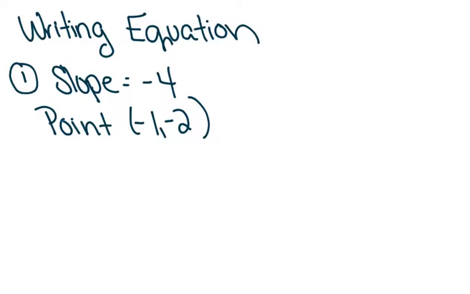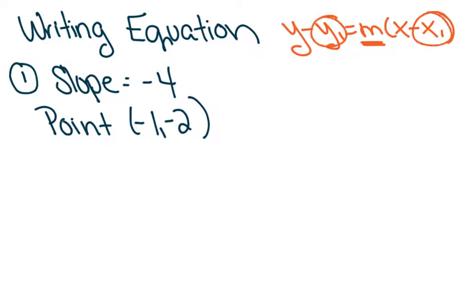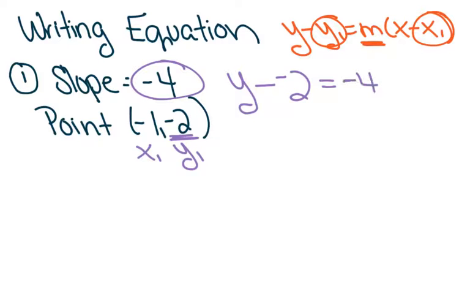All right, now, if they don't ask you to graph, and they would like you just to write an equation, again, we have y minus y1 equals m times x minus x1. So I'm going to fill in my slope, and then I'm going to fill in my point. Okay, so this is going to read my x1 point, my y1 point. So I'm going to have y minus, and I'm supposed to put my y value in, so negative 2, is equal to, the m stands for my slope, my negative 4, and then I'm supposed to have x minus my